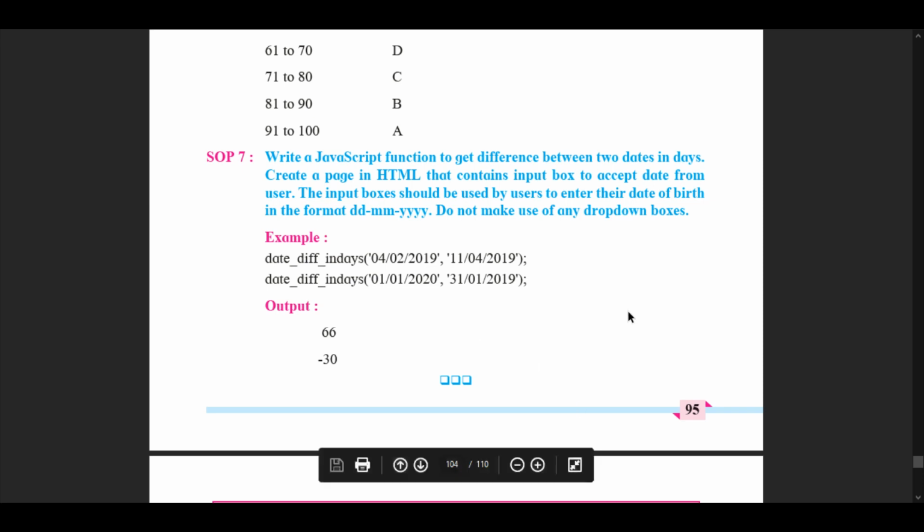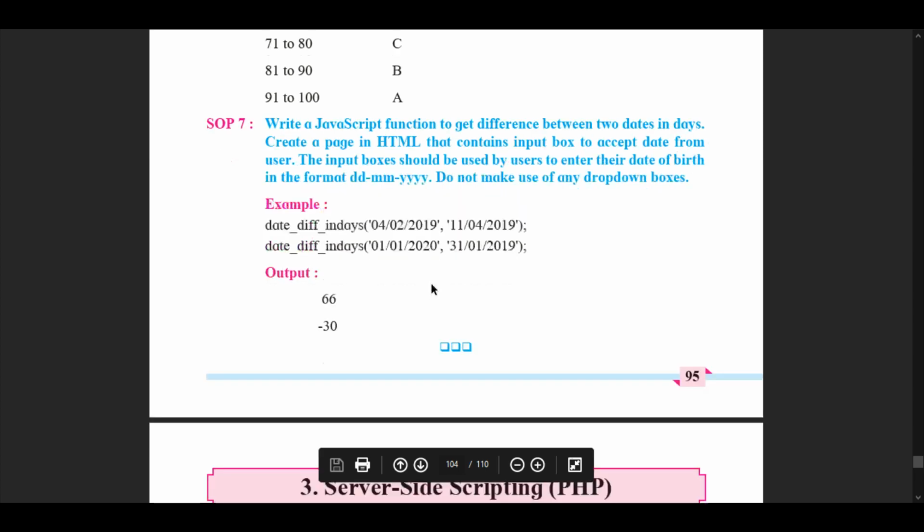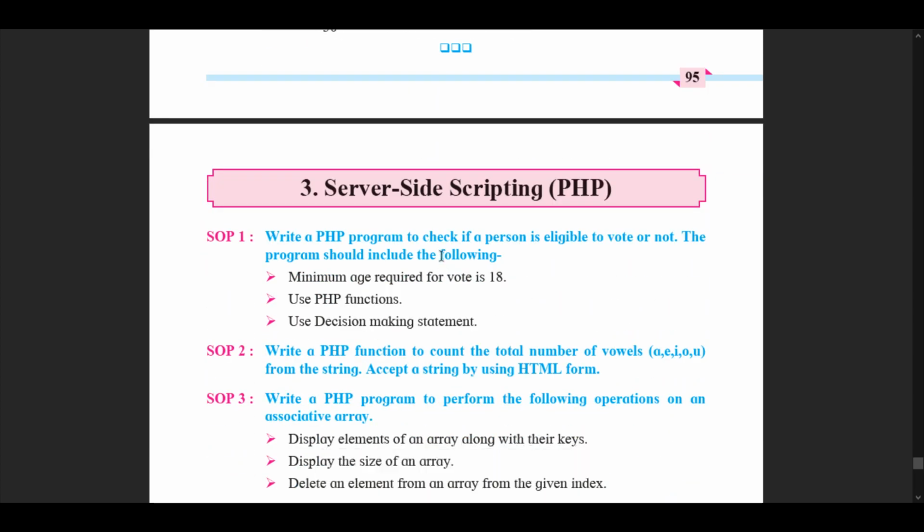and this is how we have completed our JavaScript SOPs. All of them have been completed. In the next lecture of our SOP, we'll be starting with server-side scripting. But before that, we'll be reading the concepts and explanation of what is server-side scripting, how is it used, and what exactly it is, and how it can be used to make a PHP program, and how to construct various variables in a program or a PHP function, and etc.